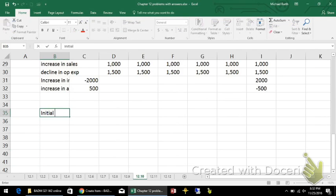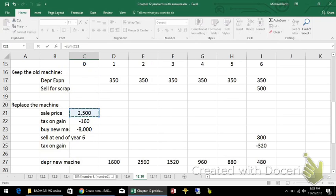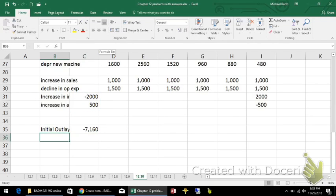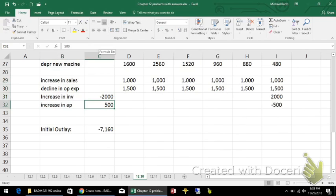My initial outlay would be the gain from selling the machine minus the tax on it, the cost of the new machine, the increase in inventory offset by the increase in accounts payable. Okay, so there's my initial outlay, $71.60. The after-tax operating cash flow is going to be a little bit more convoluted, okay, but